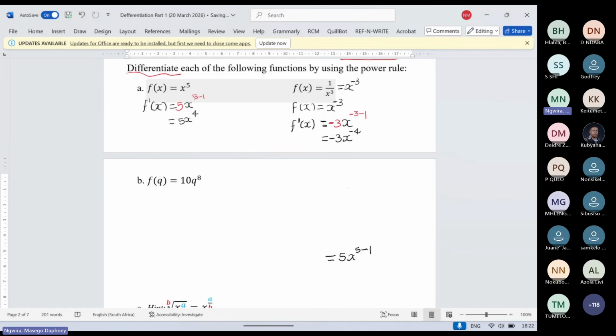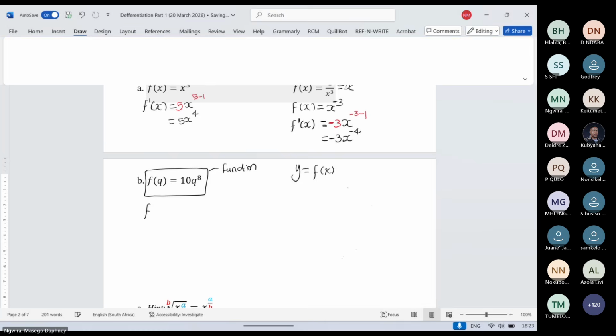Whether you say it's f of x or you say y, it's the same thing. Y and f of x is the same thing. Number B says f of q is equal to, so this is the function. This is what we call a function. And then when you differentiate the function, this is going to be f prime. You put the prime,